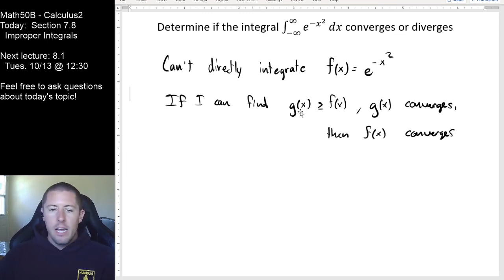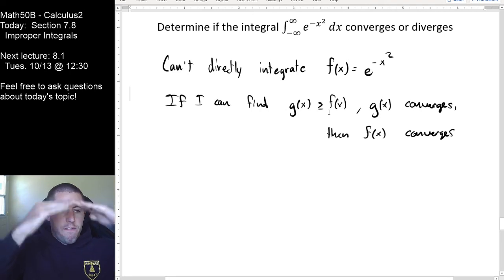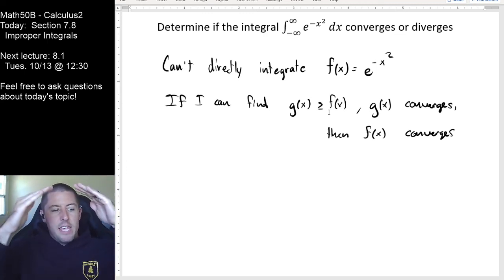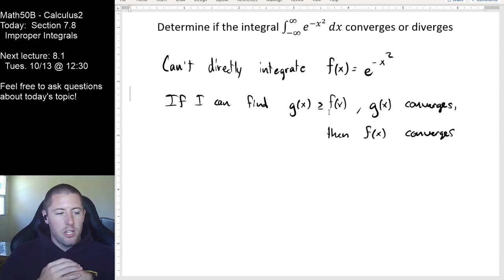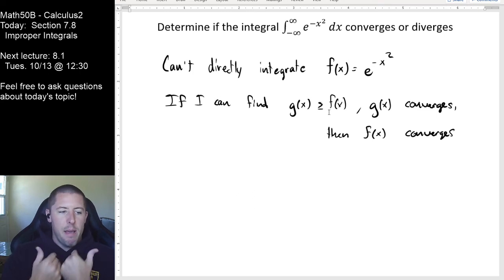And the good thing here is that the thing I'm talking about is the function itself, not the integral of the function. If I can find a function that is above your function everywhere, then there's more area underneath the above function than the below function. And if the area underneath the above function converges, then the lesser area beneath the below function must therefore also converge. So if we think that this guy converges, then we should be able to find a function that is above it for all the region of interest, and then be able to verify that that above function converges, therefore ours converges. Alternatively,